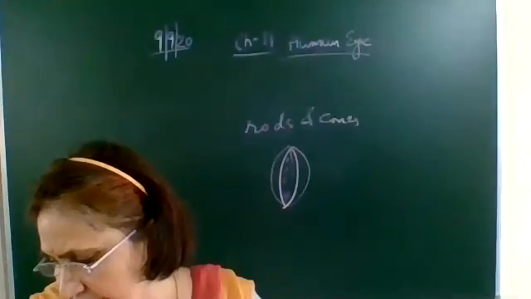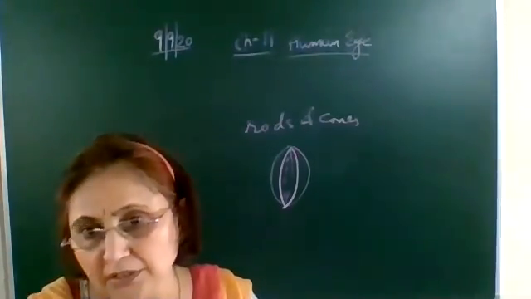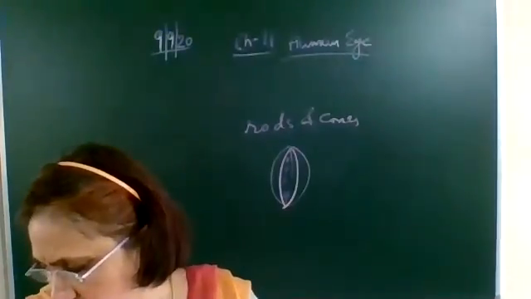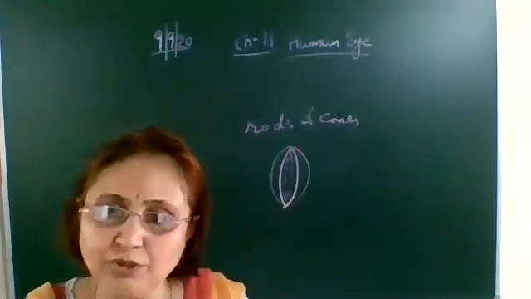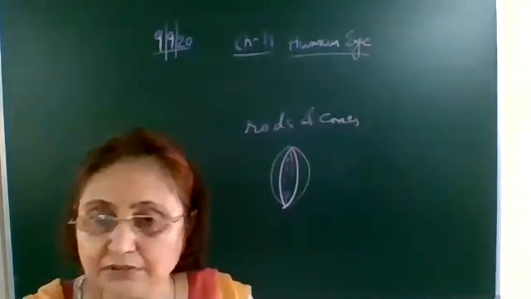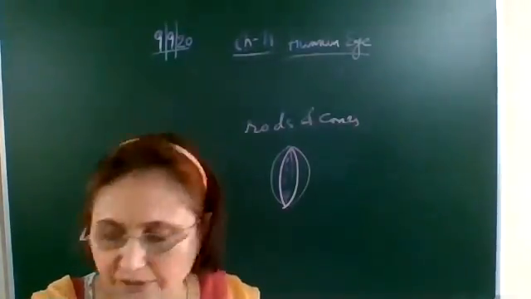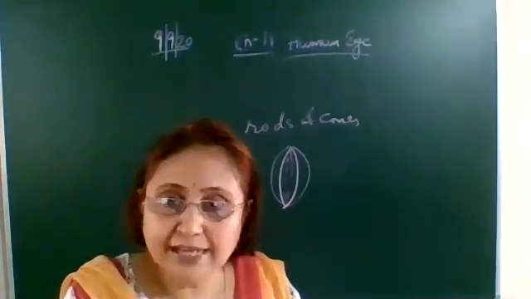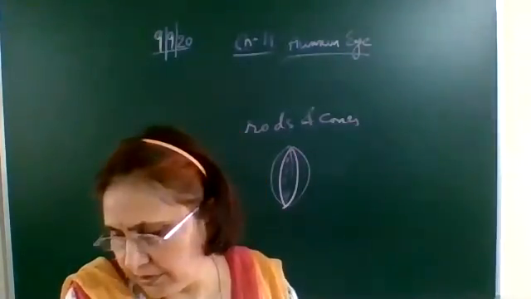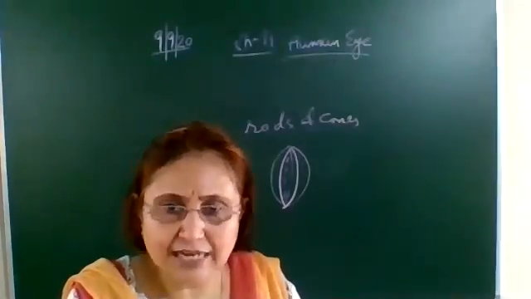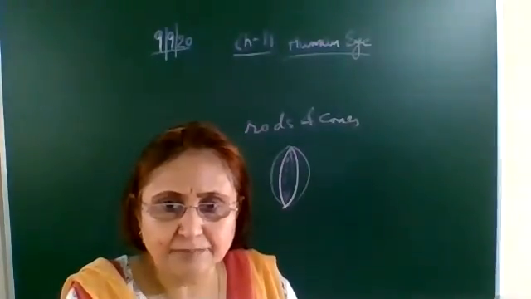Sometimes the crystalline lens of the people at old age becomes milky and cloudy. This we call cataract, and this causes partial or complete loss of vision. But it is possible to restore vision through a cataract surgery. So sometimes what happens at old age, the lens becomes milky and cloudy. Otherwise the eye lens is transparent.